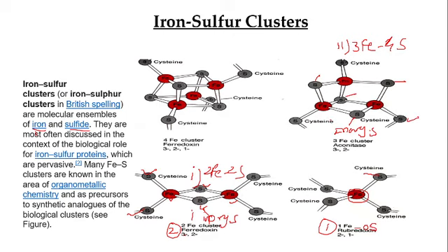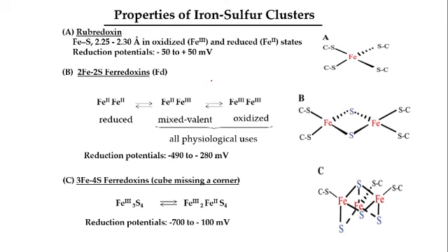Okay, 1, 2, 3, these are the cysteine sulfur, and this is the last type, that is the 4Fe and 4S sulfur. You can see the red color Fe are the 4Fe, and here these are the 4 inorganic sulfur. Okay, let me see their property. What is the function of that?